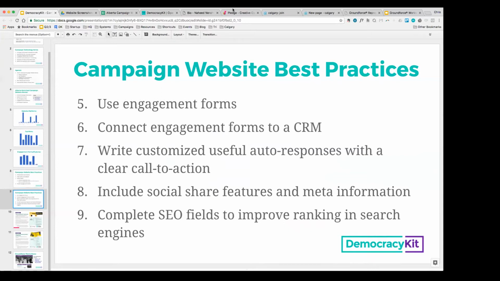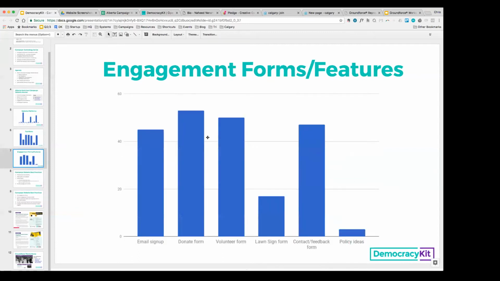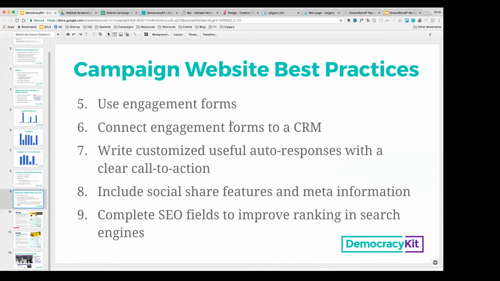Let's talk about the remaining best practices here. So I highly recommend using engagement forms on the website, again, as we saw here. You don't need to use a ton of engagement forms. Having a few key calls to action on your site that use forms is critical. And using forms is connected with the sixth best practice, which is not just to use forms, but actually connect the